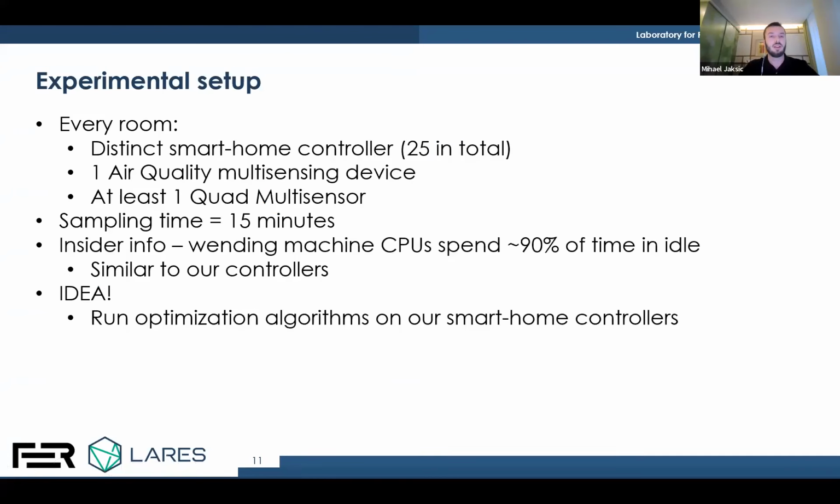Okay, let's explain the experimental setup a bit more in detail. Each room has a distinct smart home controller. There are 25 in total. We have one air quality multi-sensing device, and at least 1 and up to 5 quad multi-sensors. The sampling time is 15 minutes, or actually every 15 minutes we send a REST request to get the new data